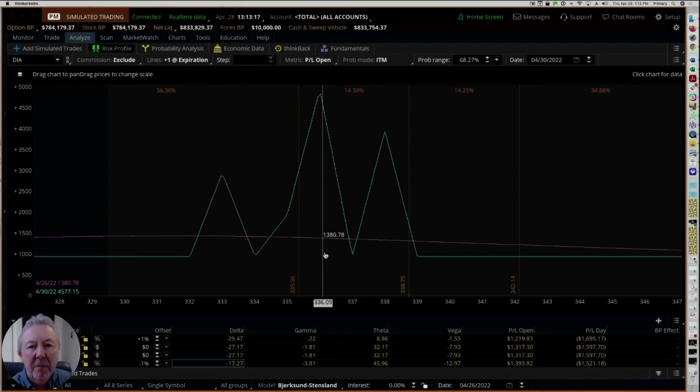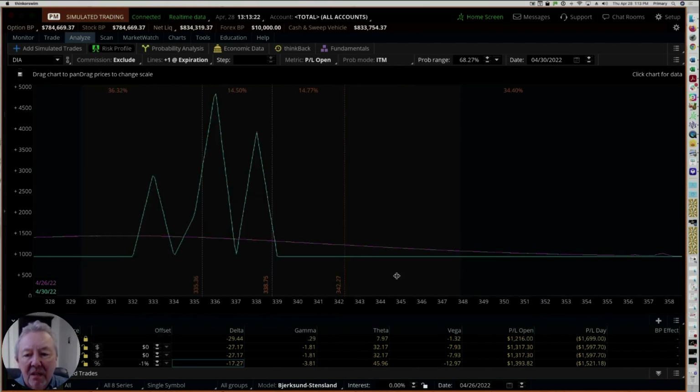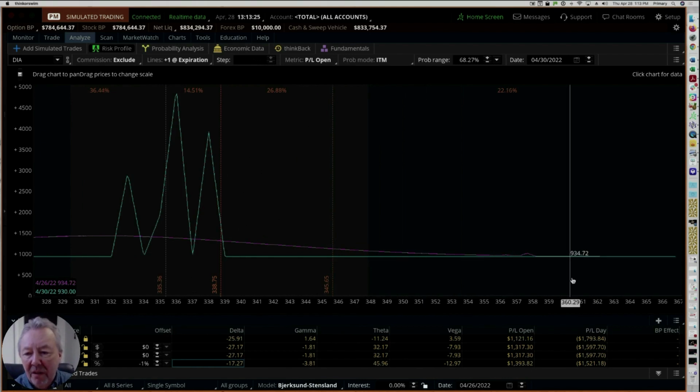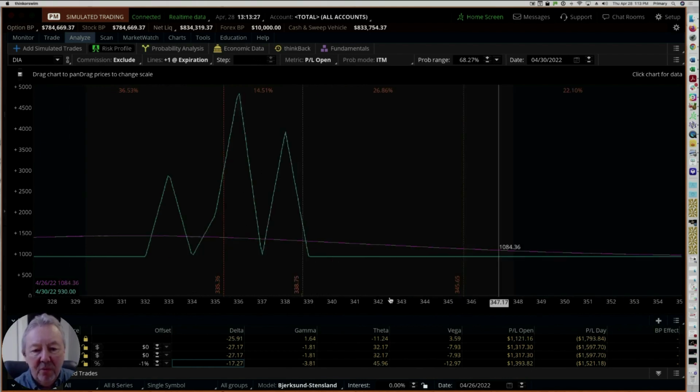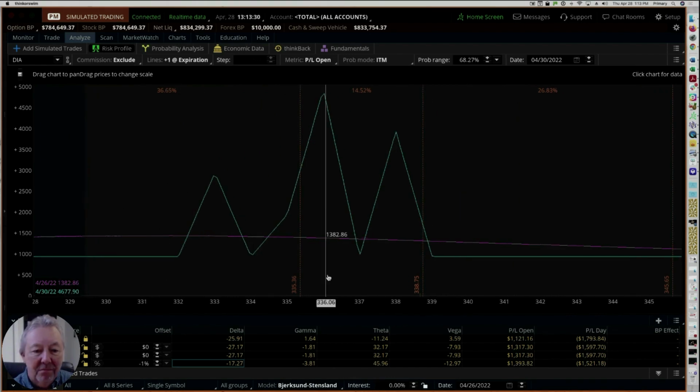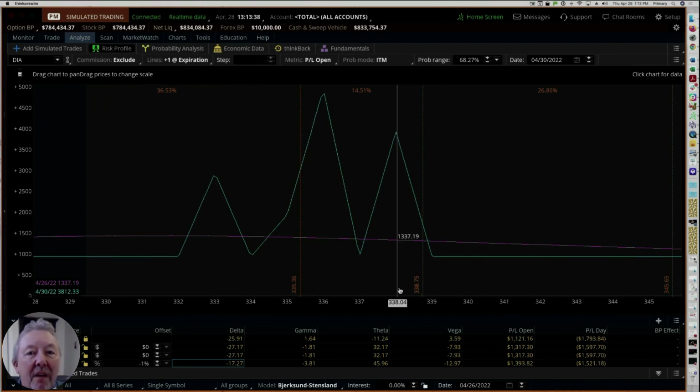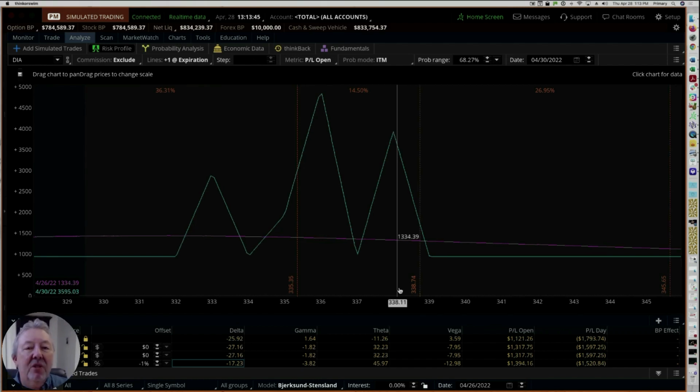And at this point, because we're getting close to expiration, I can't lose money. I mean, we can go way out here. The market would have to move, maybe 10,000 or 20,000 points on the Dow and maybe 1,000 points on the S&P, maybe there's a way I could lose money. But the way these are structured is that basically you can't lose money. It sounds almost unbelievable, but if you do it the way I teach you to do it in this course, you're not going to lose money.